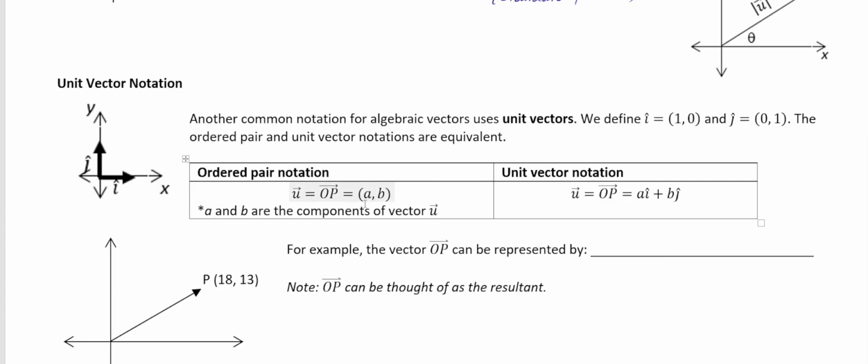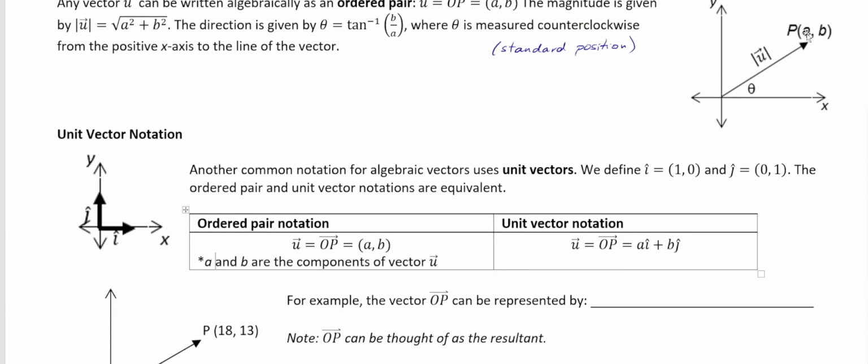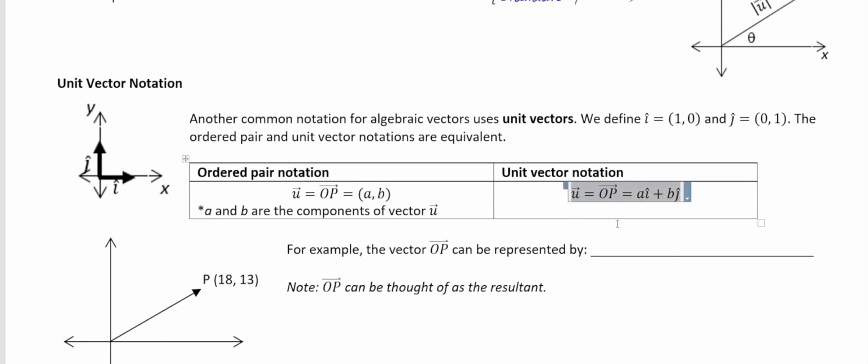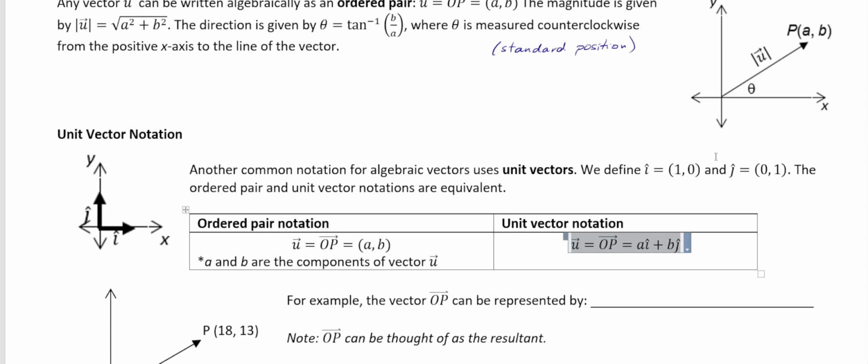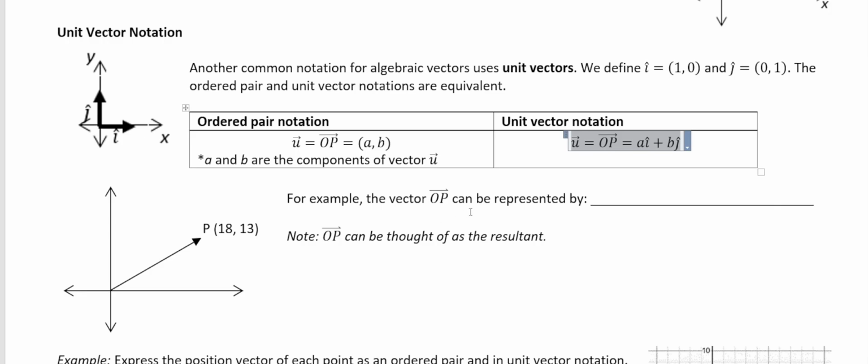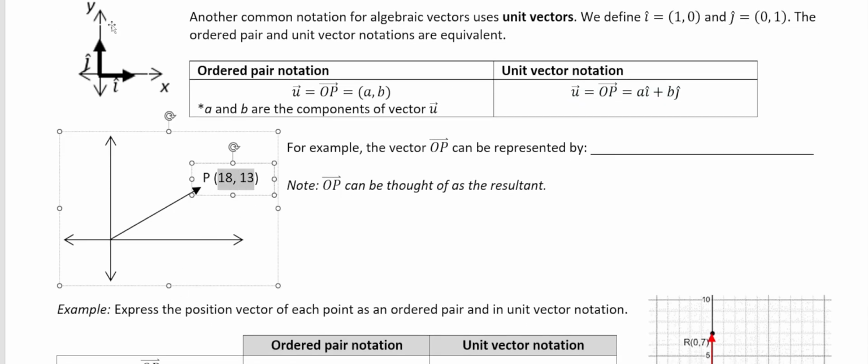Okay, and a and b are components of the vector u. So it's going all the way to this x value a, and it's going as high as the y value b. So we can use unit vector notation by saying u is basically some a value multiplied by the unit vector in the x direction, and then some b value multiplied by the unit vector in the y direction. So if we took this right here, essentially what we are saying is we're going to do